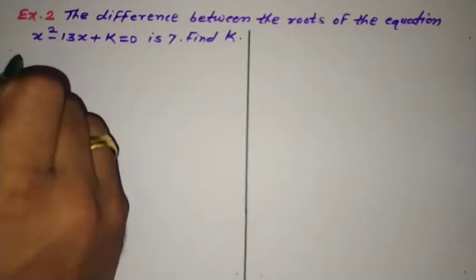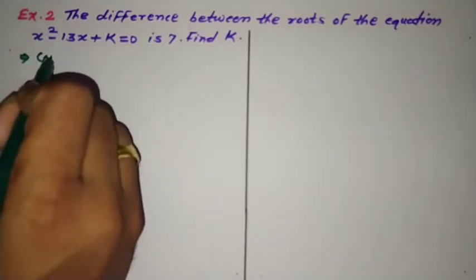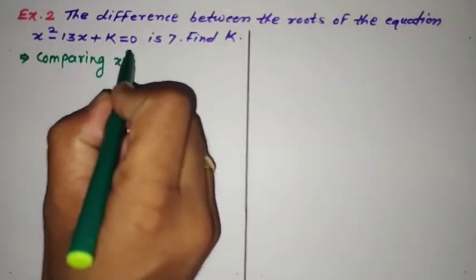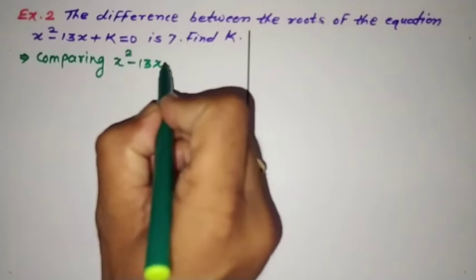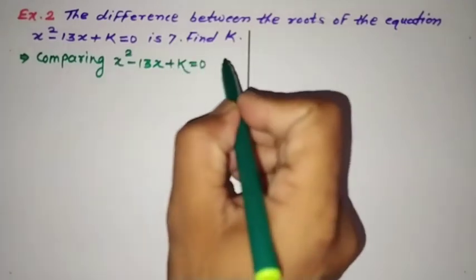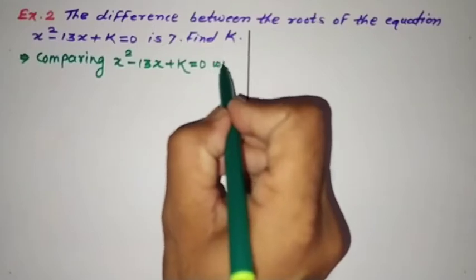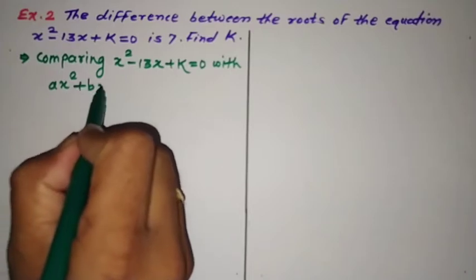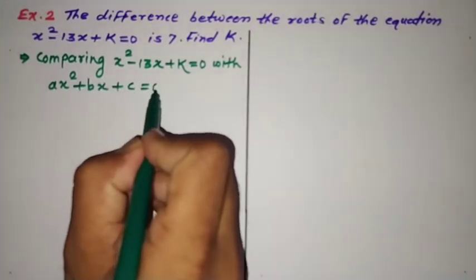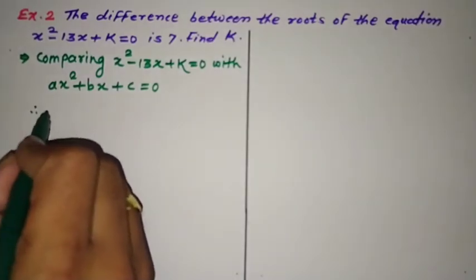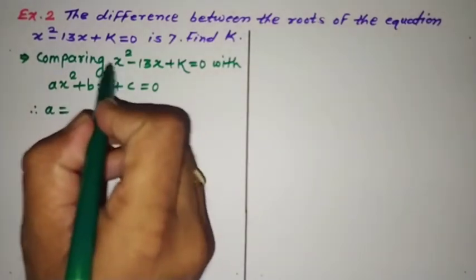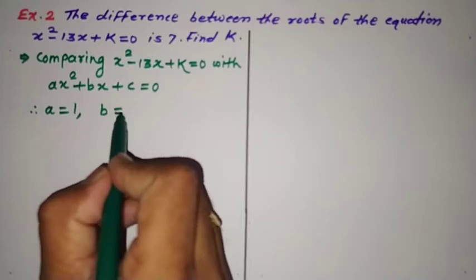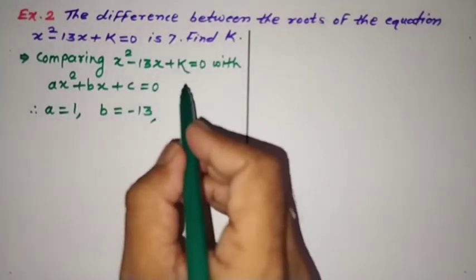Solution: comparing x square minus 13x plus k is equal to 0 with ax square plus bx plus c is equal to 0. Here a, the coefficient of x square, is equal to 1, the coefficient of x is equal to minus 13,